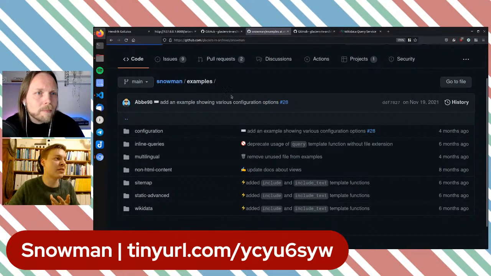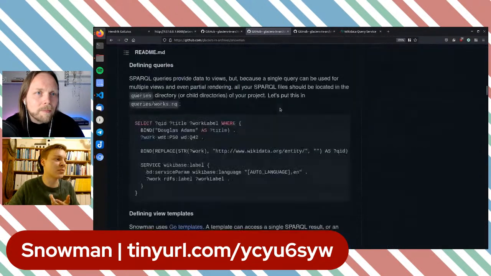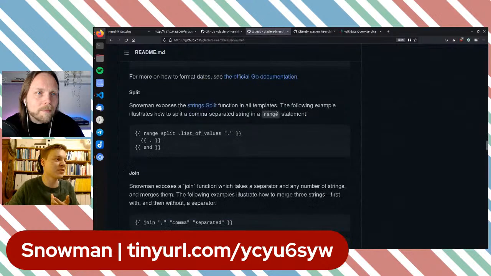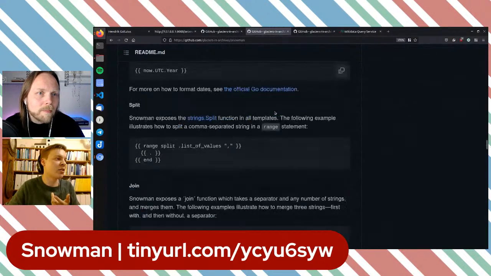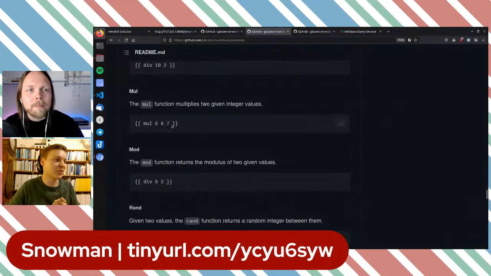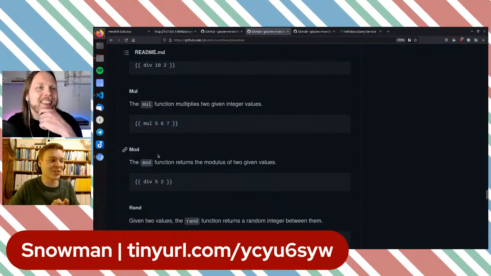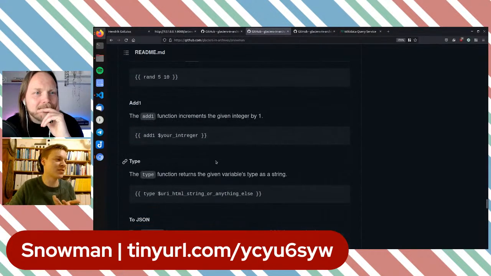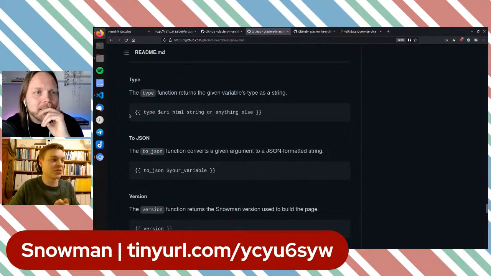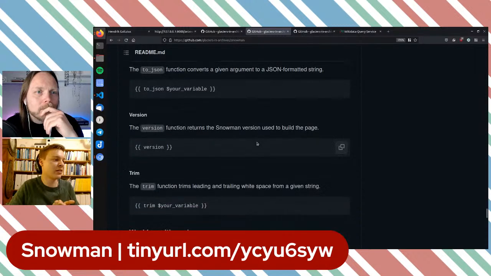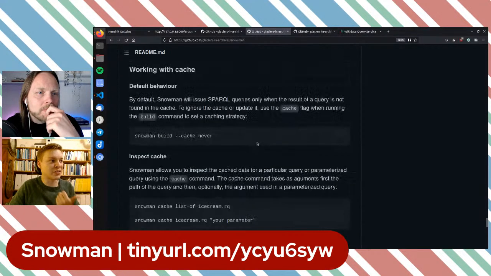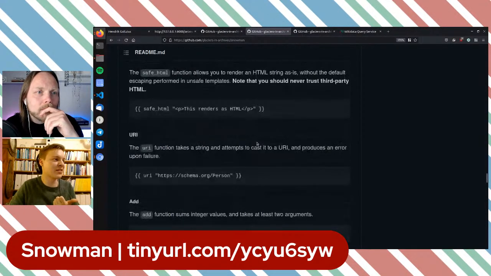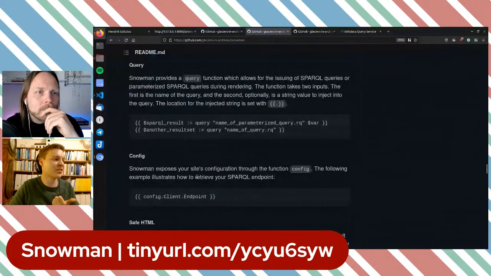But if we go back to the main Snowman page and down to the function reference, there are a lot of them. You can do multiplication and getting random numbers, get the type. So there are a lot of things related to actual RDF, like getting the type of anything. You can convert things to IRIs if you have strings, the IRI function.